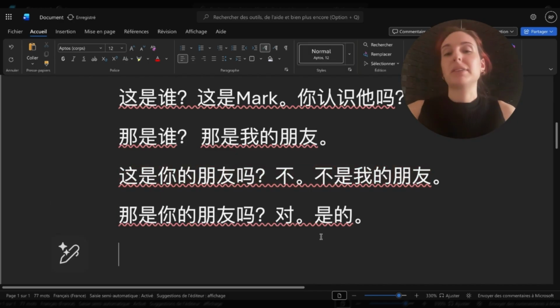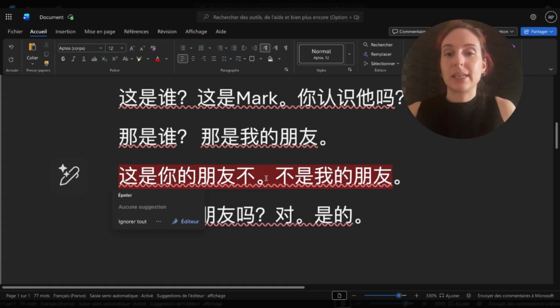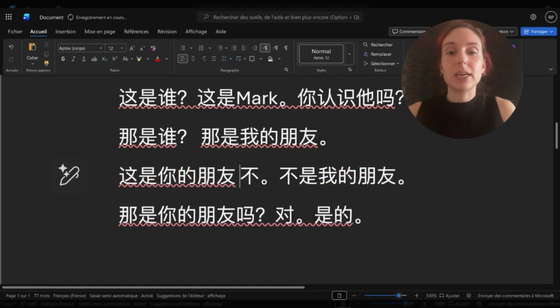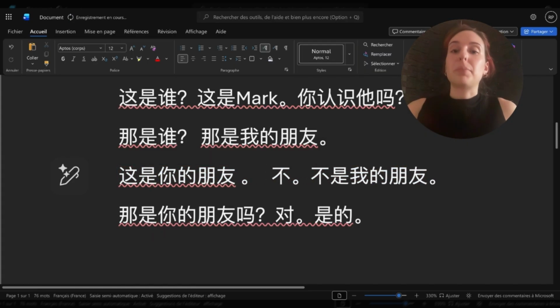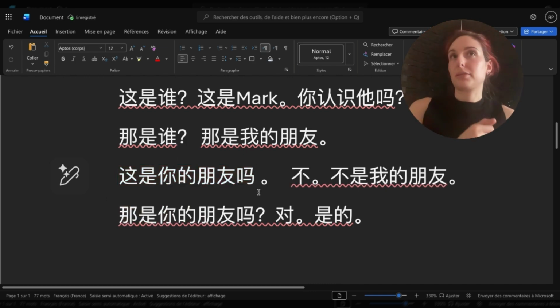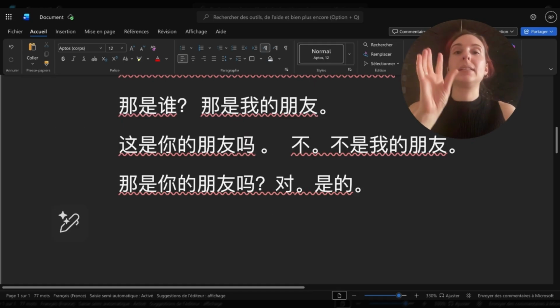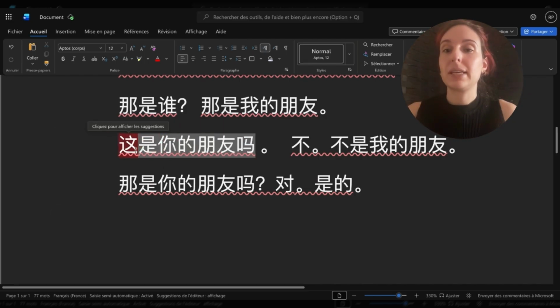Now, as we've mentioned earlier, there was one way that we've seen to ask a yes-no question with the particle ma. We have examples right here. 这是你的朋友吗? Is this your friend? Yes or no? If I take off the ma, for example, from this sentence, it just becomes 这是你的朋友. This is your friend. And then we add the ma, it becomes a question. We want to know if this is true or not. So that's one way. Another very common way to ask a yes-no question is to repeat the verb in the positive and then the negative form. For example, if I take this very same sentence,